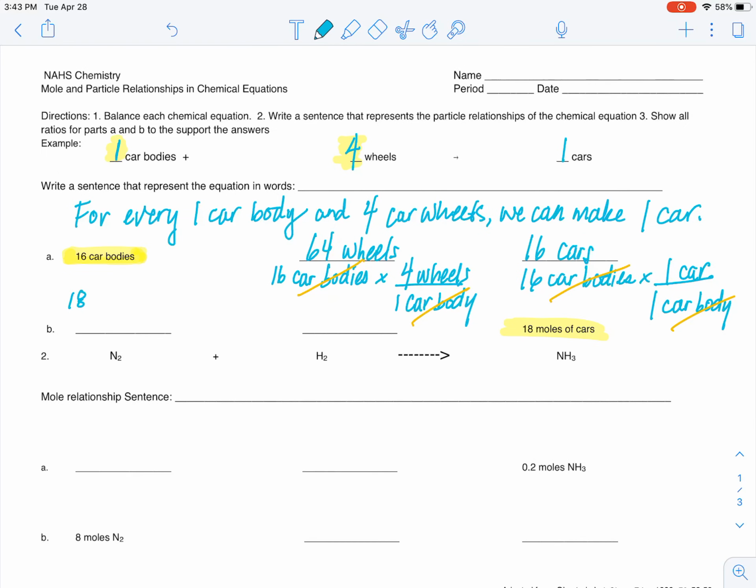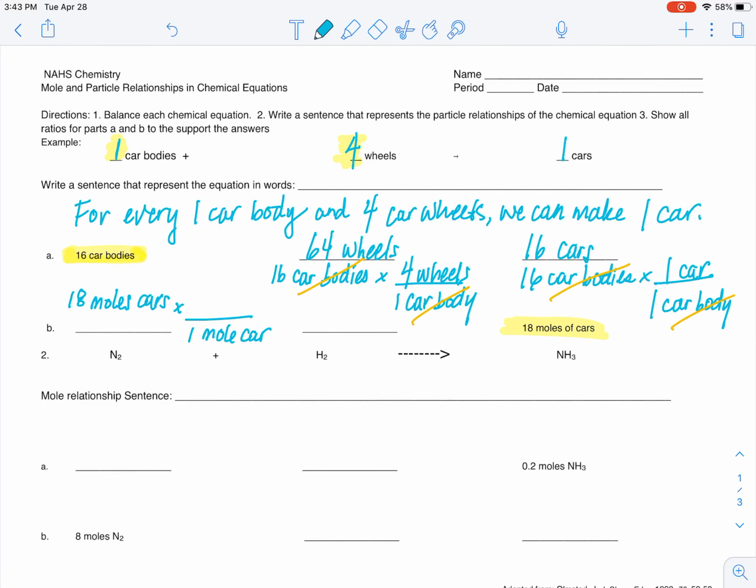So I know for every 18 moles of cars, that for every one car, there is one car body